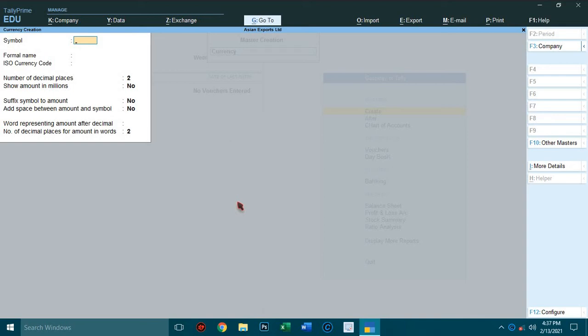So shortcut key is Alt 156. So press Alt plus 156, you will get the pound symbol. Formal name UK pound. ISO currency code GBP 826. Accept.